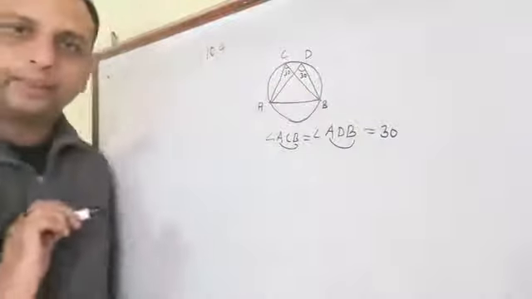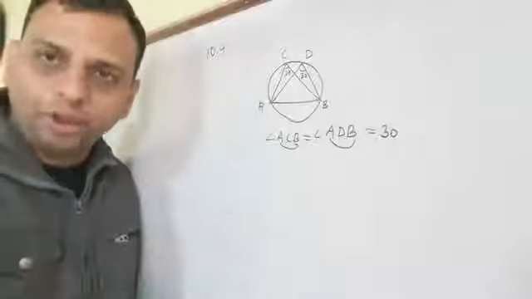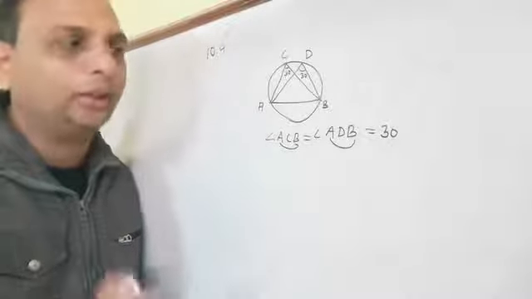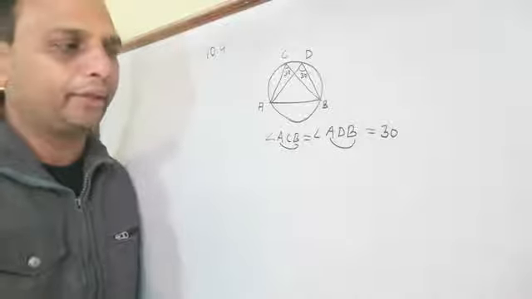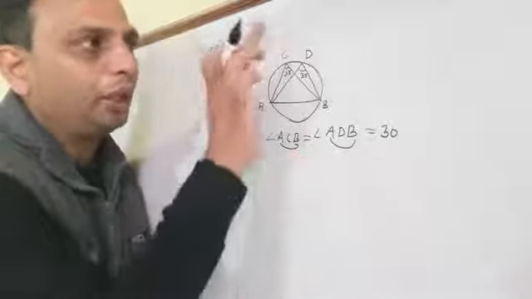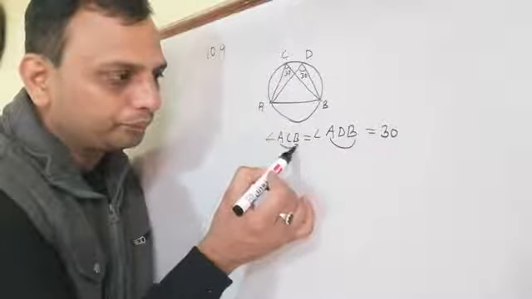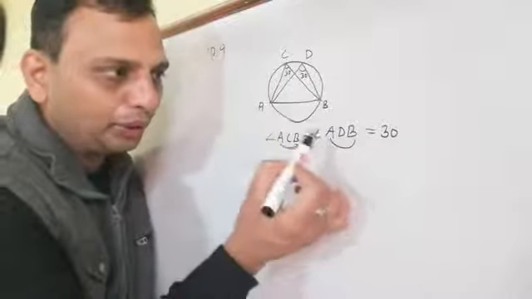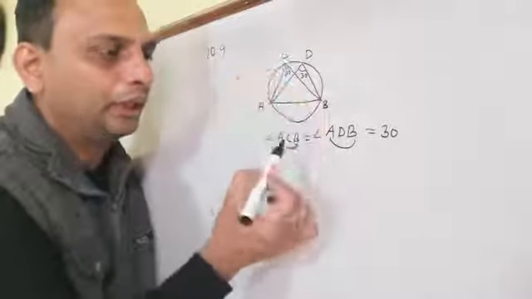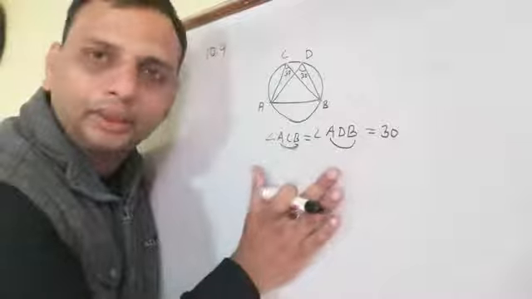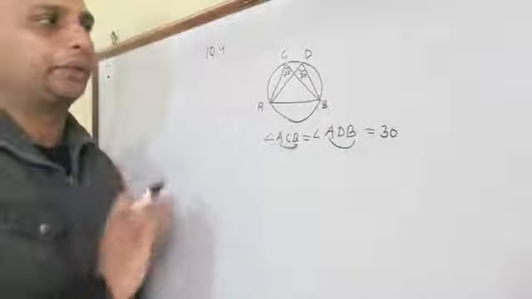This is called an angle in the same segment. Segment means chord, with the angle formed at the circumference of the circle. To easily identify this theorem, whenever you have a circle, you have to see that these two letters should be common, and the angles C and D should form at the circumference. If you get this, then you can use the theorem: angles in the same segment are equal. I hope this theorem is clear.